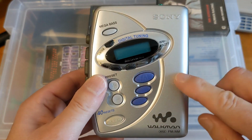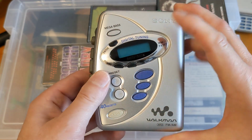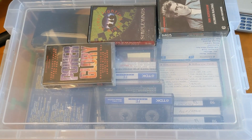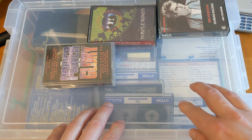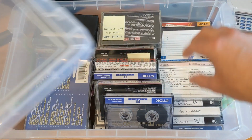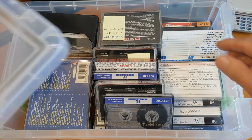But I did think of using this to do the winding, because it was just up in a cupboard and I wasn't using it very much, so I'll come back onto this later on. I'm part way through listening to these. The problem with some of them is the ones that are home recorded run really slowly, which I've solved by